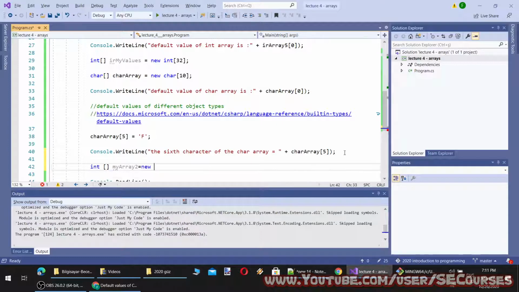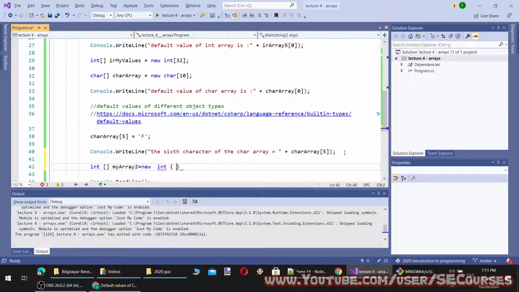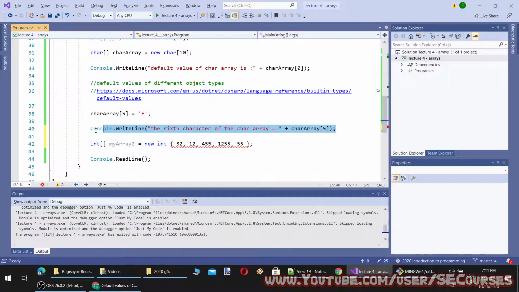And I can, for example, define an integer array like this. So this will also work. However, I need to put it like this. Otherwise, it cannot know whether I am having an integer array or not.